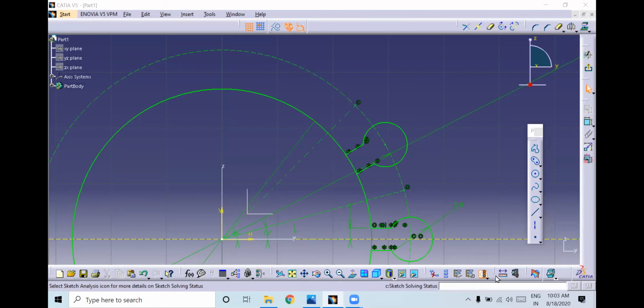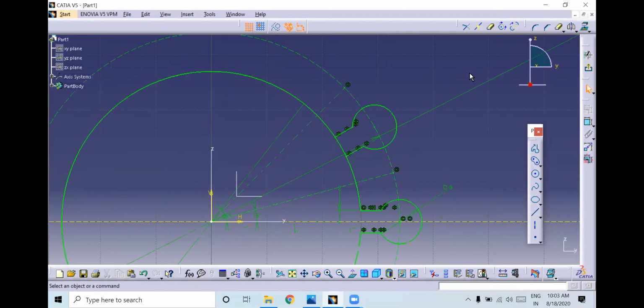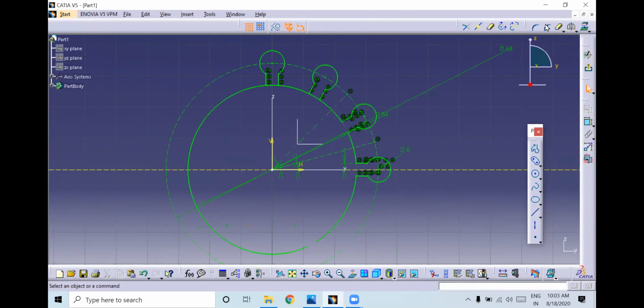Again and again you need to check initially. Once you get the idea, you can directly create however I am creating it. Again we'll trim this. Then I'll select this and select this, press Control, go to mirror and select this. Again go to trim.